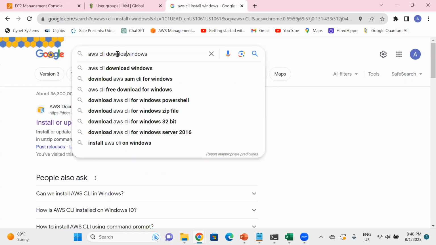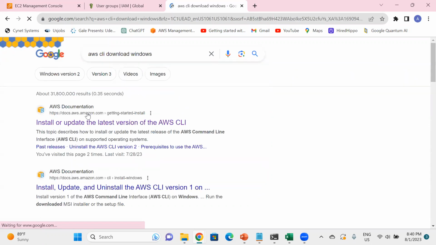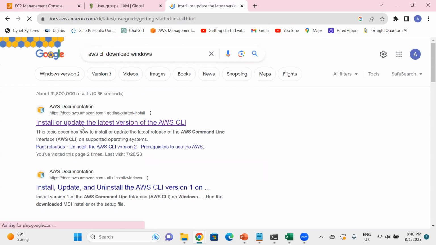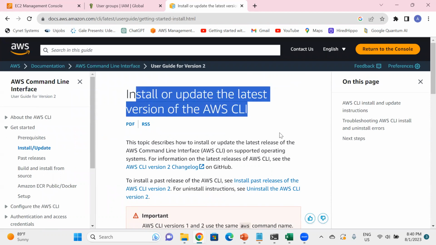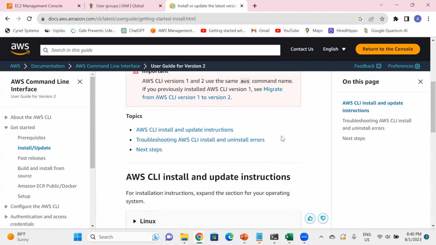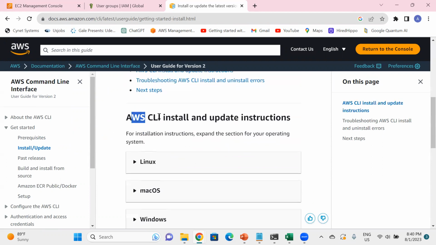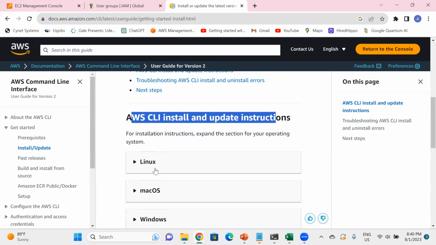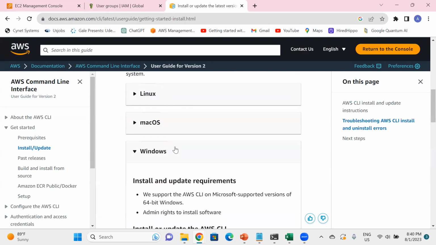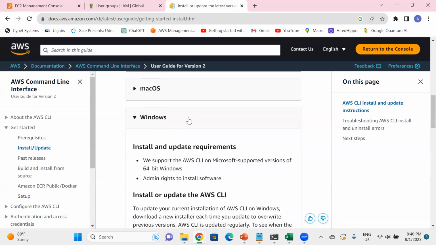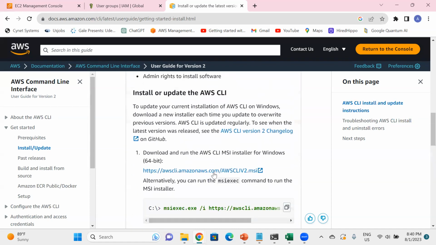What we can do, we can go for downloading the AWS CLI. So, install and update the latest version. See guys, if you want to access AWS from your operating system, from your command line, the first thing is that we have to download the AWS CLI, then we have to install it. Depending on which operating system you are using, you can select the corresponding install and update instructions. I'm using the Windows operating system,